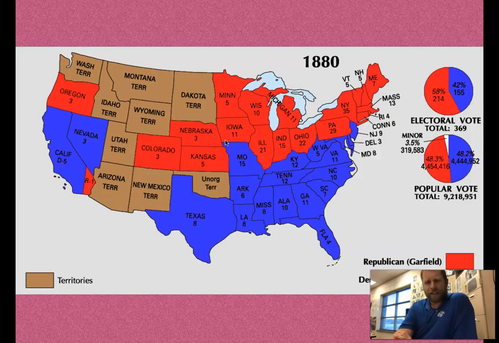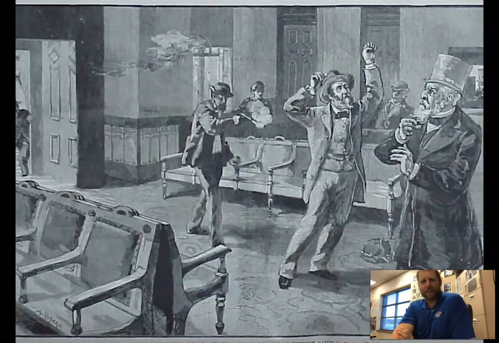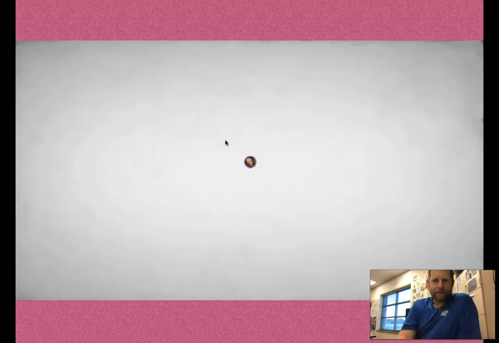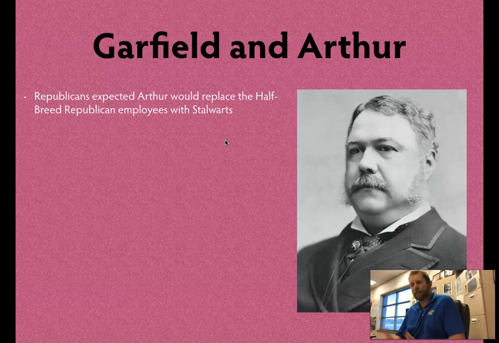So here's the electoral map. It shows you Garfield, very sectional, very regional, north versus south, with the exception of the West, Nevada, and California. Here's a charcoal rendition of the shooting of President Garfield in the back. Here's the video. And so his replacement was Chester A. Arthur, who's supposed to be a stalwart, who's supposed to be all for the spoil system. But since Garfield died kind of for his cause of civil service reform, since Guiteau shot him for fear of losing a job,